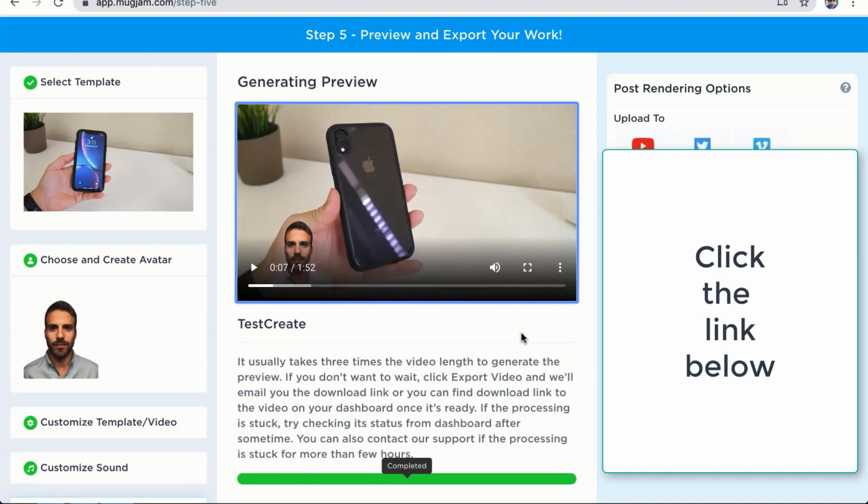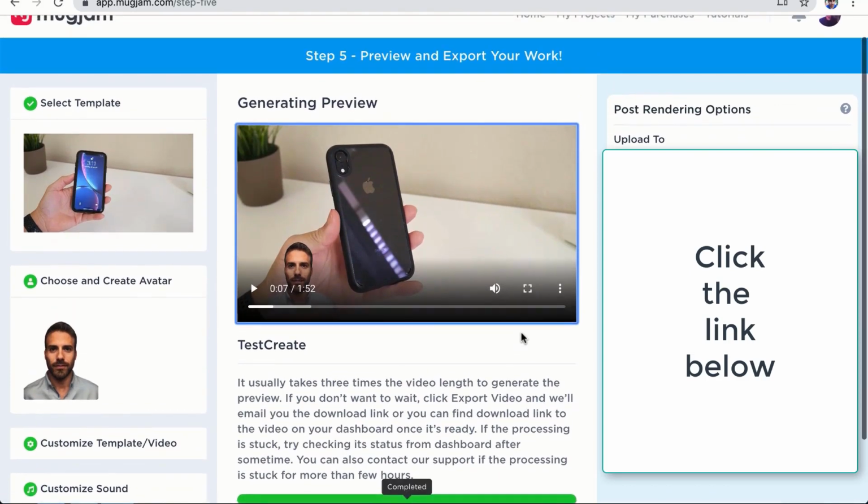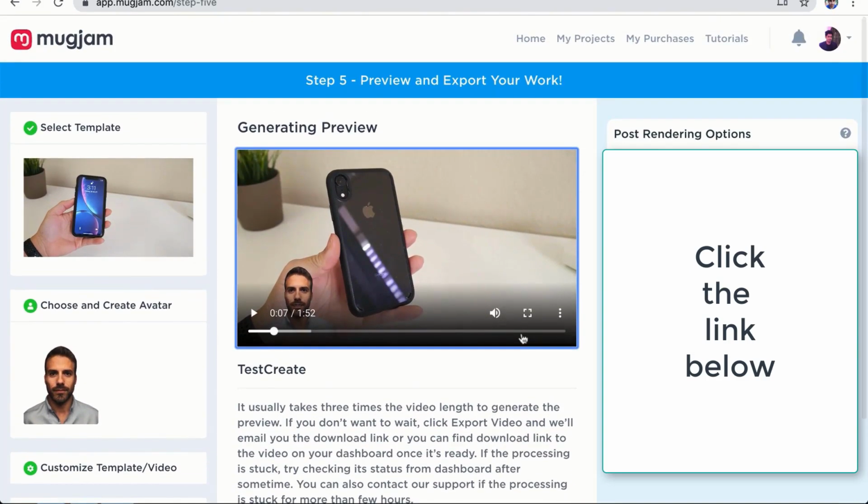So you can see it's great. It's exactly how we wanted it. So that's how easy it is to add an avatar on top of your